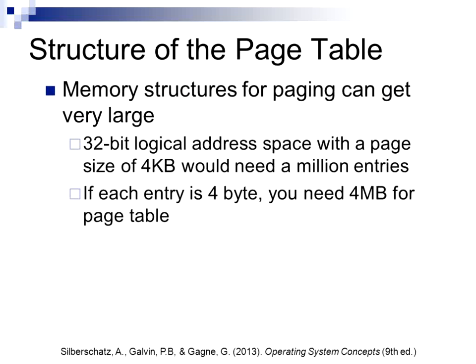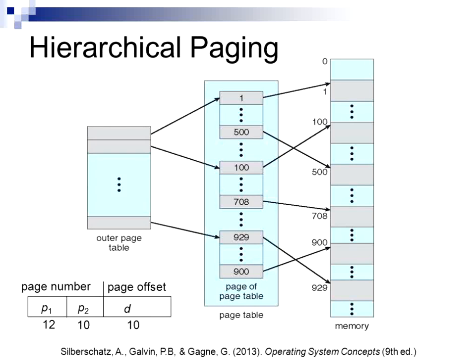Okay, but the problem is that all these addresses that we need to map, this logical address space, can get very big. So with a 32-bit logical address, we'd need 1 million entries in our page table. And if each entry in our page table, like I showed, is 32 bits, 4 bytes, you need 4 meg just for your page table, just to hold that one little thing that your operating system needs in order to manage your memory. So they came up with a little more complex scheme, where